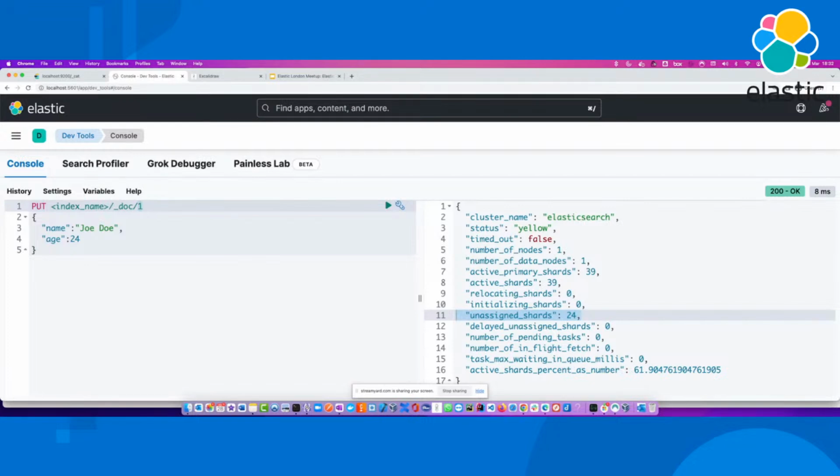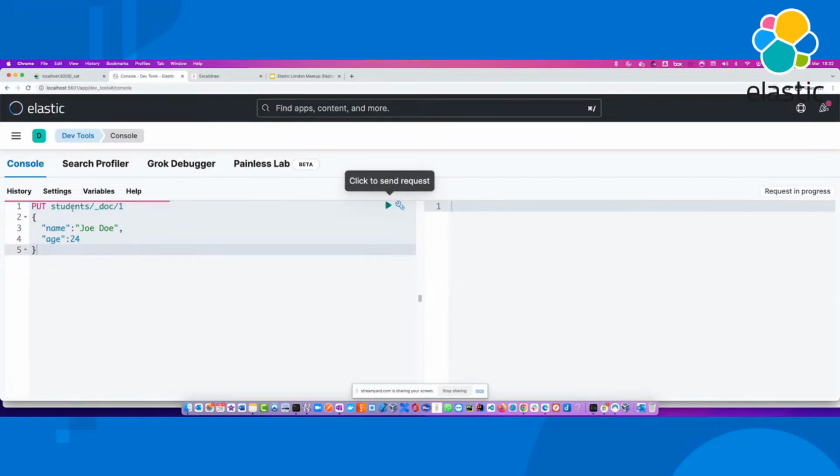ID is nothing but a primary key. You think of it as John Doe's roll number, for example. For the index, let's say I want to create students. This is my index, this is my collection, this is my bucket where all the students are going to go and exist, right? So if I do this one first ever time, because I don't have the students